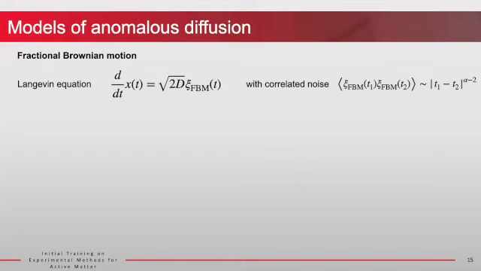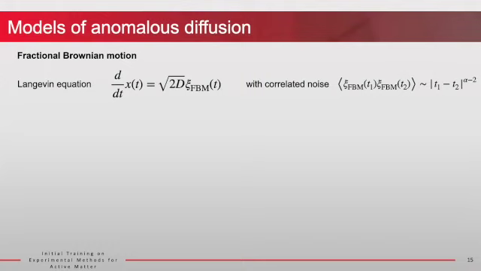But in this big literature, we will only focus here on two of these models, namely the fractional Brownian motion and the continuous time random walk. The fractional Brownian motion can be obtained starting from the Langevin equation that we have seen earlier,